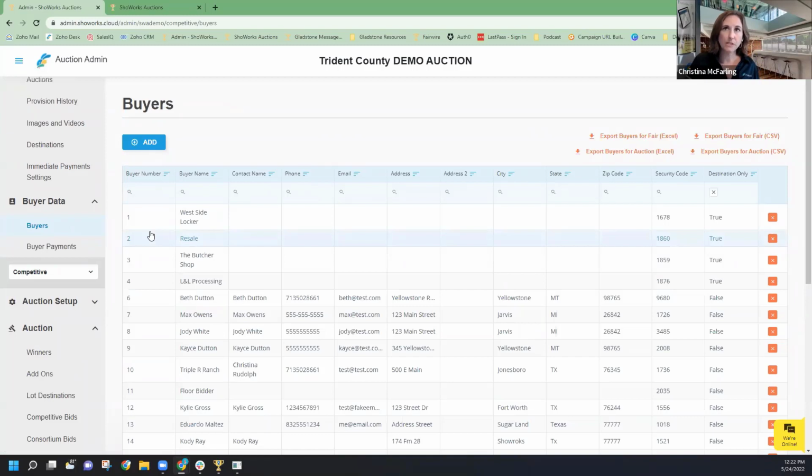One of the tools that is given to administrators is the ability to utilize this buyer list. This buyer list is originally populated at the time of provisioning, or any subsequent time after provisioning when the provision button is selected, utilizing the buyer list that may or may not exist based on your preference in ShoWorks 2020. So I will see all of the buyers that are input here. This list